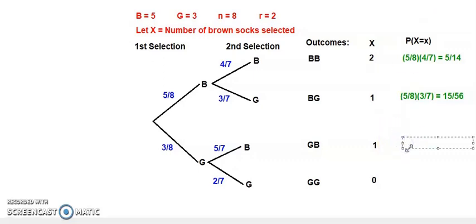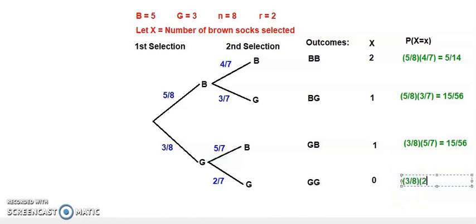And what is the probability to get green brown? 3/8 multiplied by 5/7. So this one also will be equal to 15/56. Okay, the same thing. When x equals 1, you will get the same probability: brown green, green brown. And the last one, the probability for you to get both green is